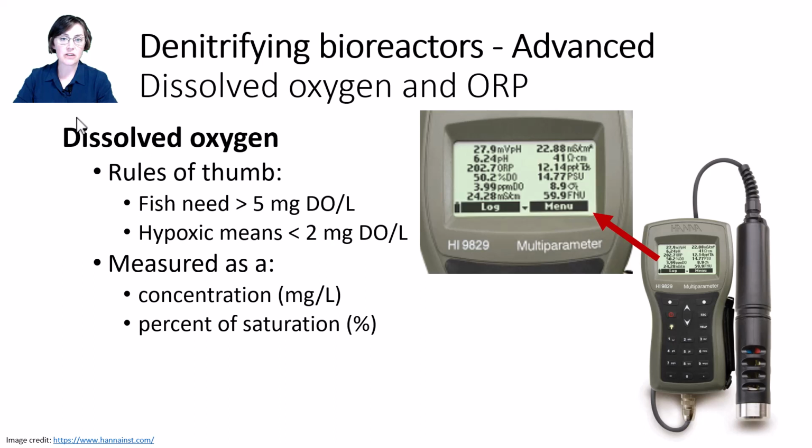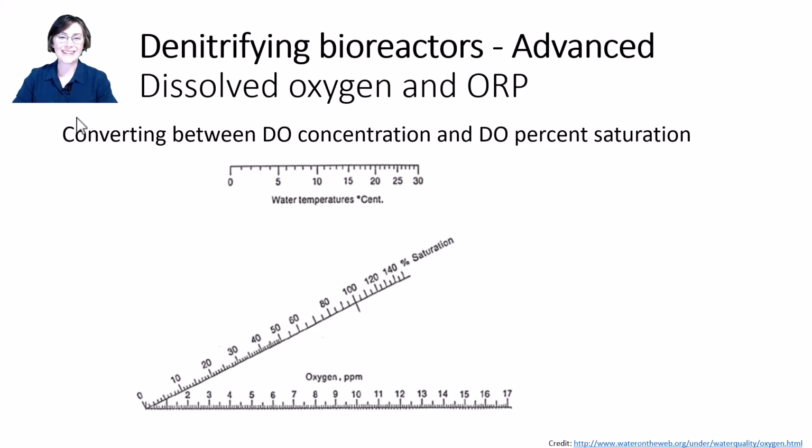I've been talking about dissolved oxygen as a concentration, but you should also know that it's often discussed as a percent of saturation. And if you have a DO probe, it will commonly read in both of those units, concentration and percent of saturation. If you want to convert from DO concentration to percent saturation, there is a nomogram to do this conversion. How cool is it to use a nomogram? I mean, there's also online calculators that can do this pretty quickly, but let's take it old school.